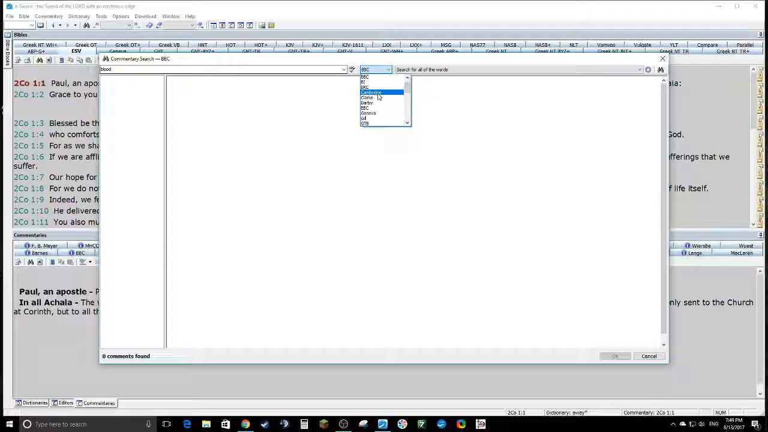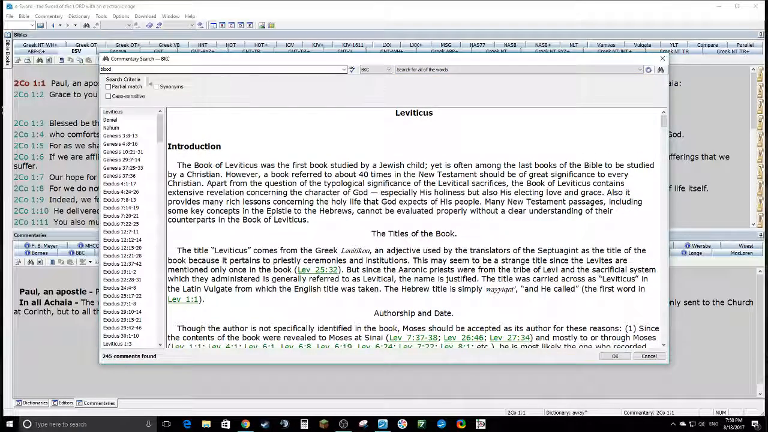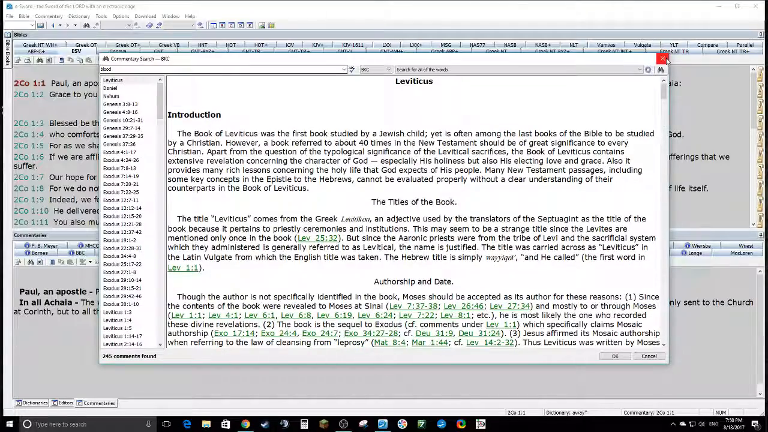The Bible Knowledge Commentary, blood. Yeah, you can search for all the words, any of the words, the exact phrase, or a regular expression. I'm not sure what this is. I've never done that before. Partial match, synonyms, and case sensitive. So anyway,